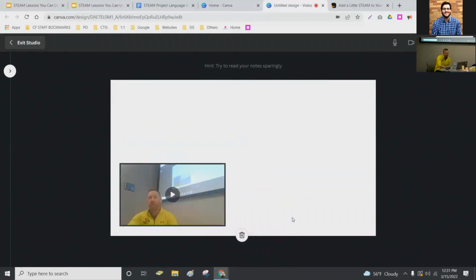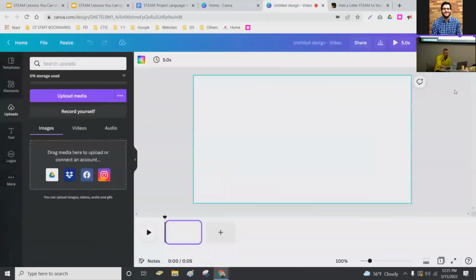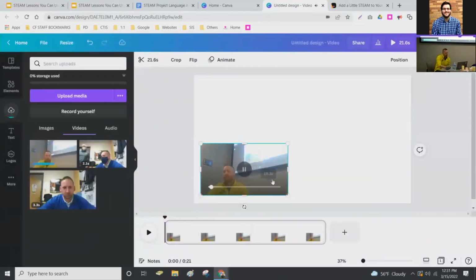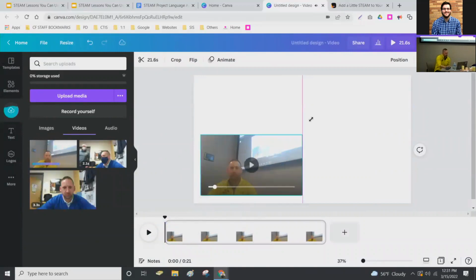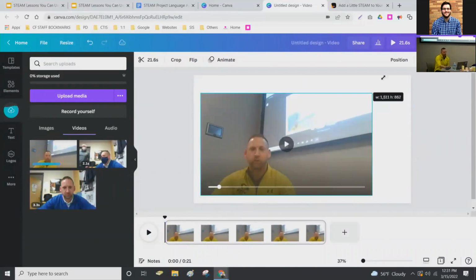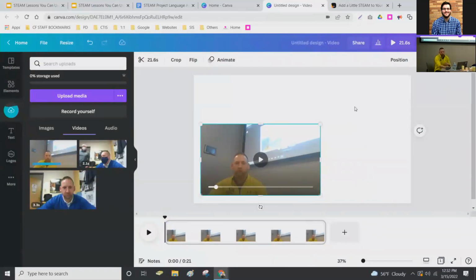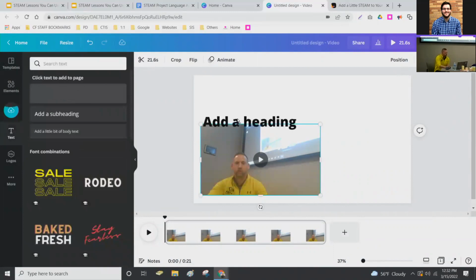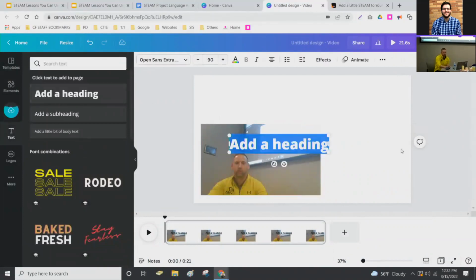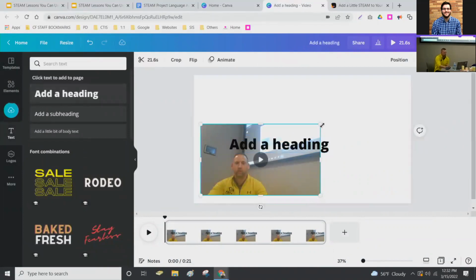When they're done with the built-in recorder, they hit save, and it just becomes that first slide. And so I can drag that picture. If I wanted it to be full screen, I could make it full screen. If I wanted to have it as a picture-in-picture, or if I wanted to include text, just like Canva always allows you to do, you can put text right over top of pictures. So we can do that with a video now.